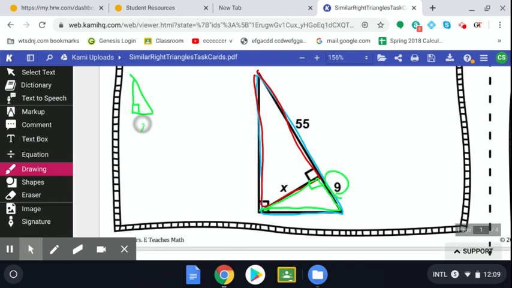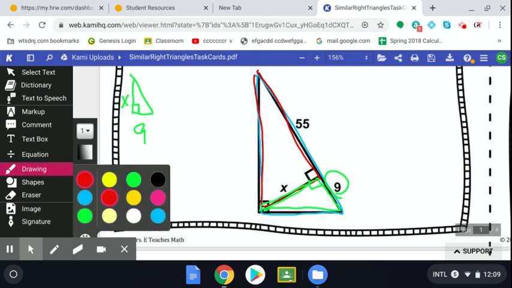Shorter leg is 9. Longer leg is x. And then I am going to take the red triangle, and I am going to put down this. That's the right angle. So shorter leg is x. Longer leg is 55. And I can go on and draw the outside triangle, but I don't even need it